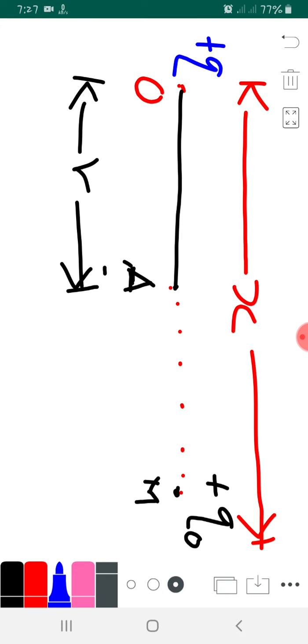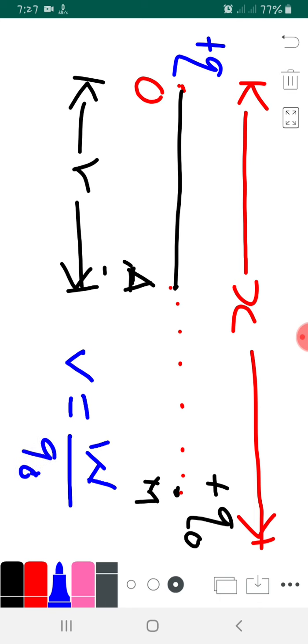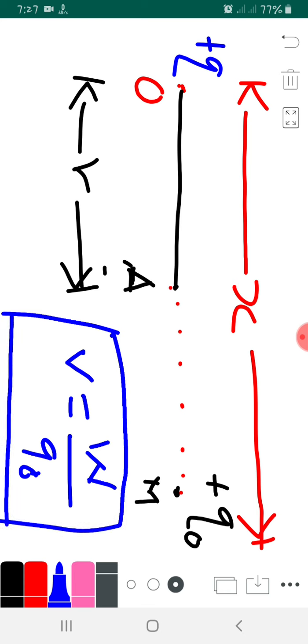Now what is electric potential in this case? Electric potential V is equal to the amount of work done required to bring the unit positive charge, that is Q0, from infinity. So this is the definition of electric potential in this case. Hope you understood. Now we'll go towards the expression. Now see the expression.